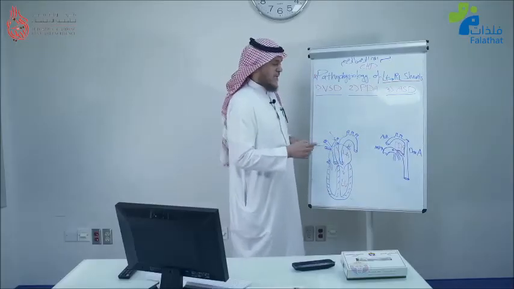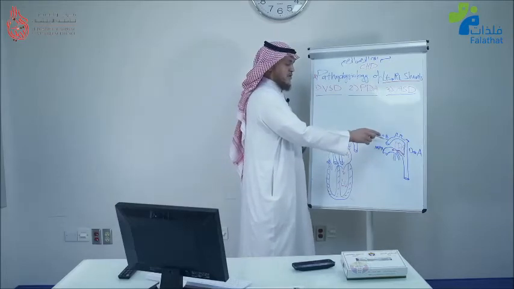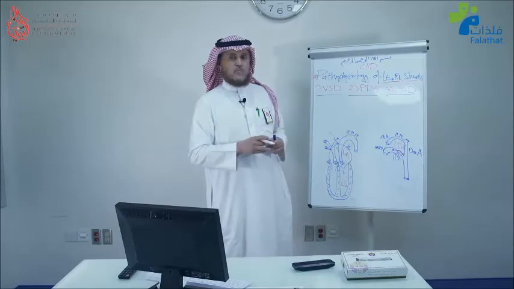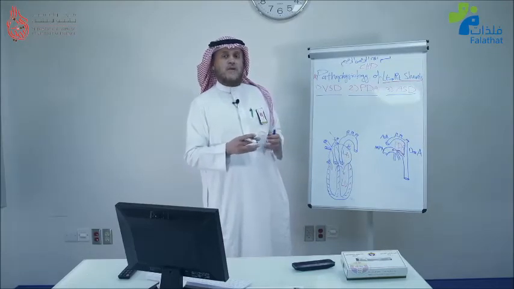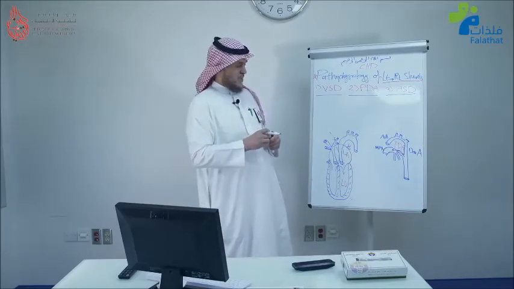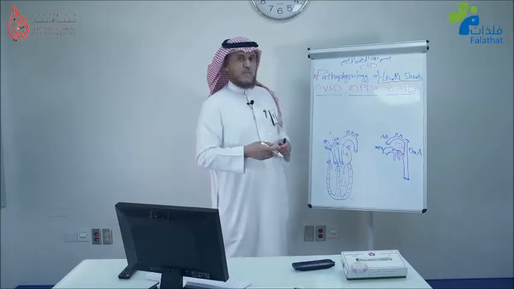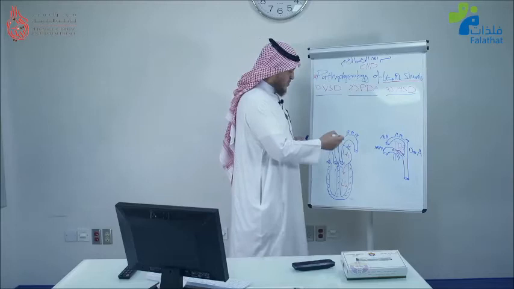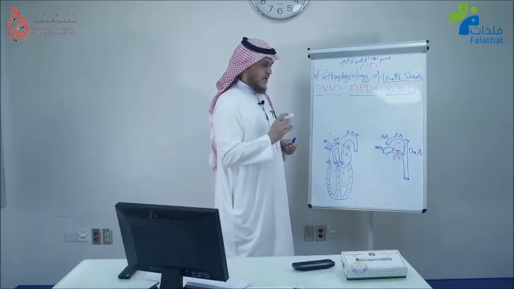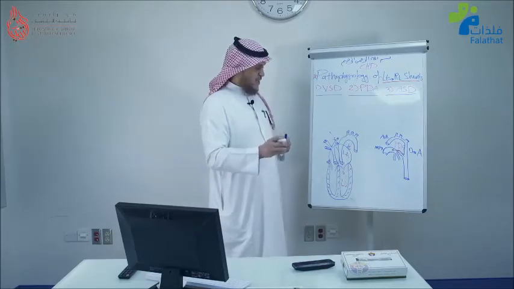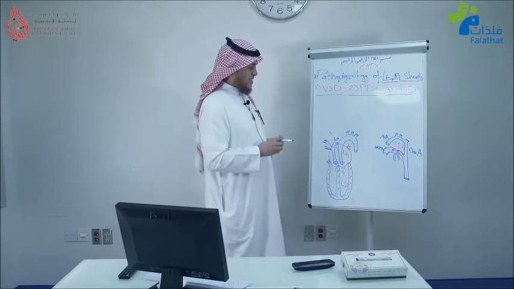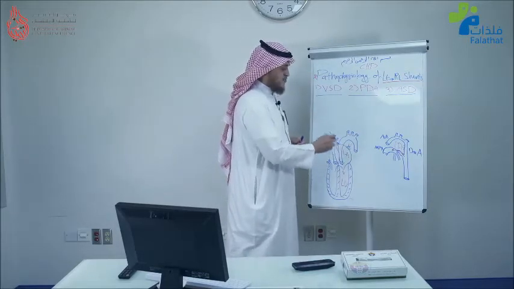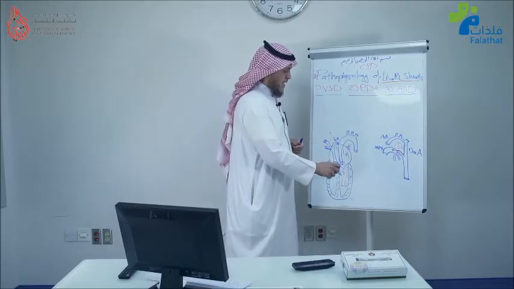So obviously in PDAs, which are small, moderate or large, moderate will mean 2, maybe up to 3.5 millimeter, and large meaning 4 millimeter and above. In these PDAs, which are significant, not the small restrictive ones, not the ones with less than 2 millimeter diameter, the main pulmonary artery can dilate, the left pulmonary artery can dilate, and the left ventricle